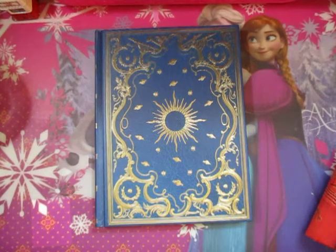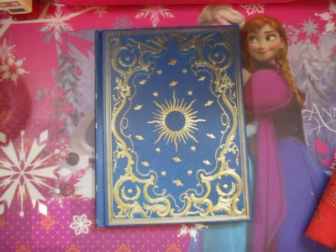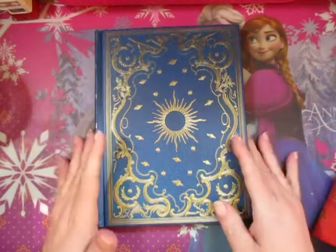Okay, so the first question. What is your preferred journal size? So, the videos of people who have done this tag so far, I see them like A5, A6, B5, whatever. I know nothing about what those sizes mean. Absolutely nothing. Because I don't want to say I don't care about journal size, but I never learned that, I guess. I don't know. But if I had to pick a preferred size, it would be this size